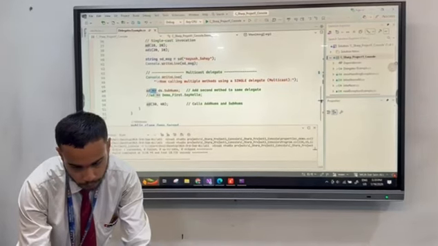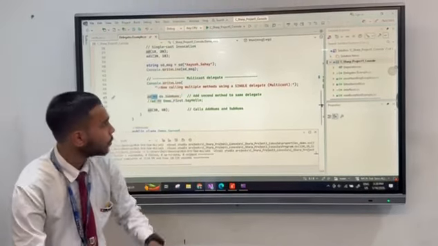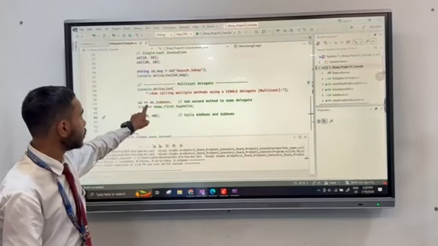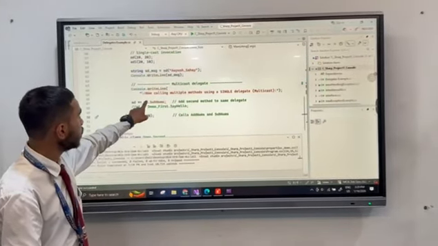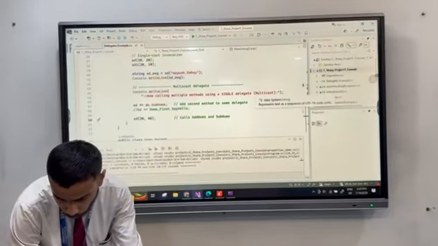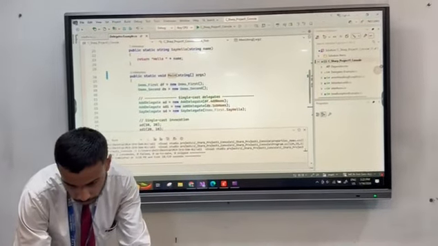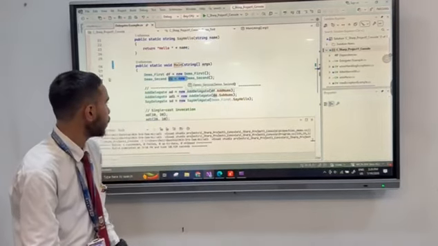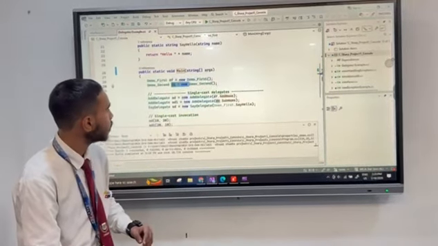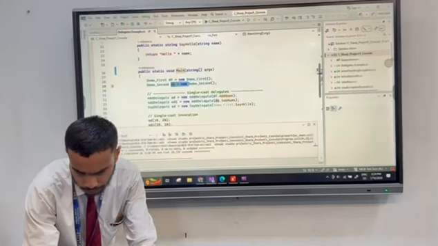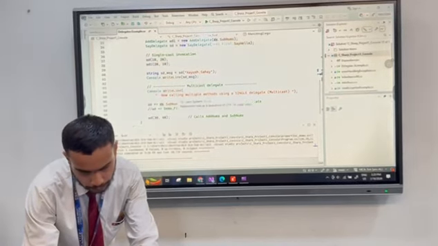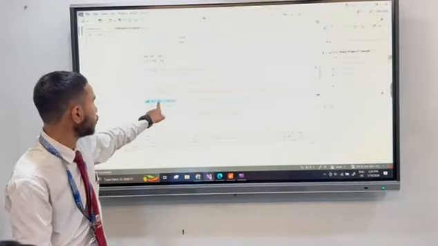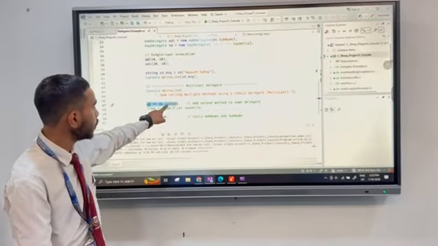Plus equal to means you are adding ds dot subtract nums. So here AD is the add delegate and ds is the second class's object. Okay. The second class's object has the subtract numbers method, and that you are providing to the invocation list: ad plus equal to ds dot subtract nums.